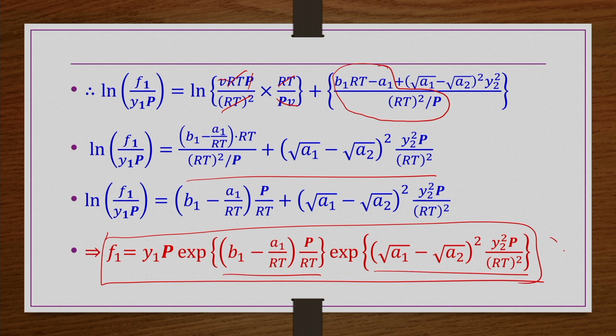And if you recollect, this is the same expression we got when we used the van der Waals equation as a kind of volume explicit form. Now, we have cross-checked that the fugacity coefficient generalized expressions are correct: whether we use the volume explicit form or the pressure explicit form of the equation of state, they will give the same answer for any equation of state.